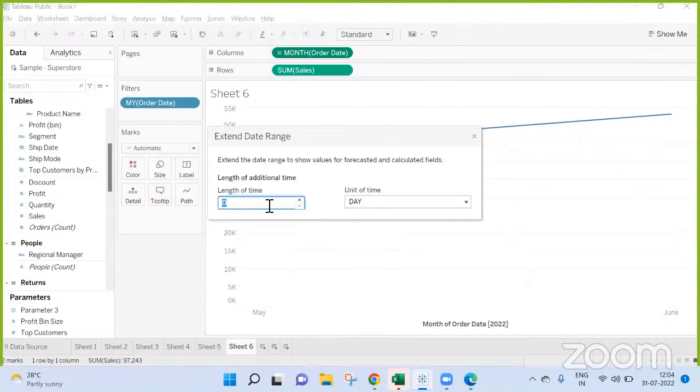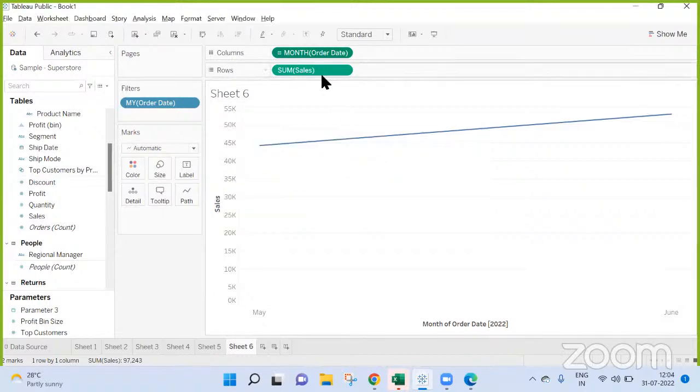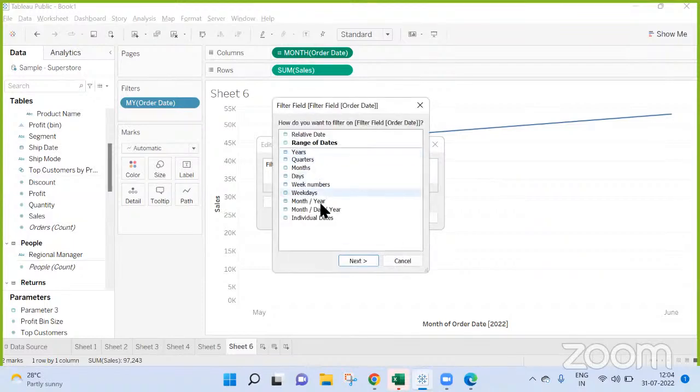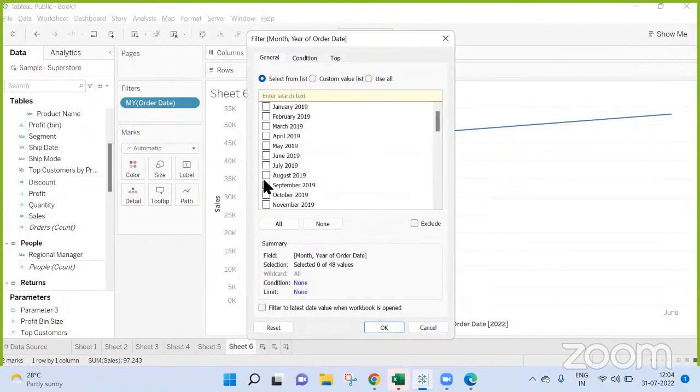So for extend date range you can use months, but again this is manual. Here it is not extending because the data is already present. Let me go to date and then there.